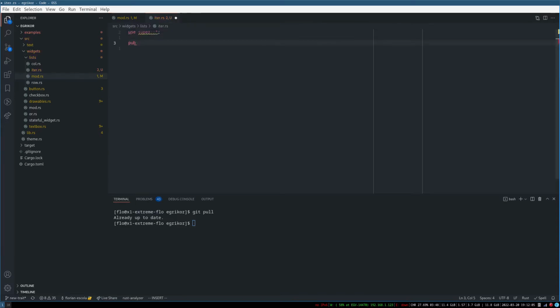Let's just make it maybe this time without actually specifying the constraint here. Right. Then we want to implement